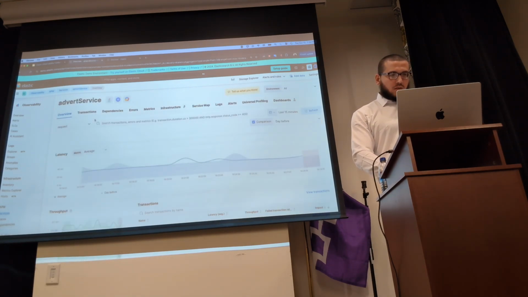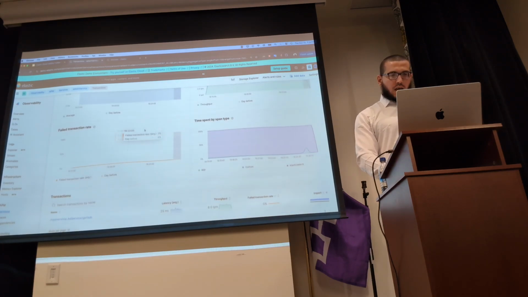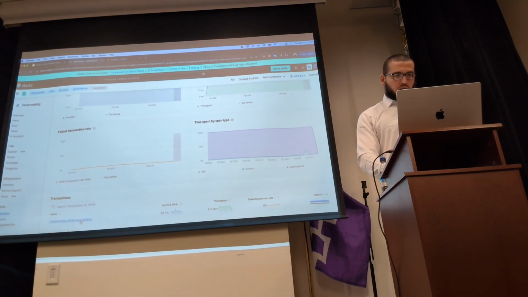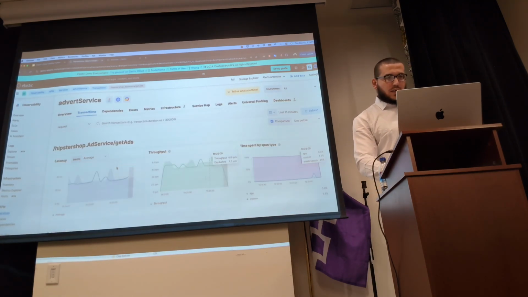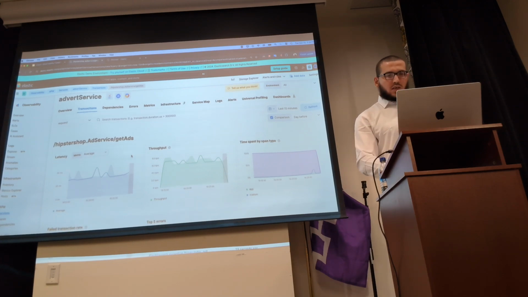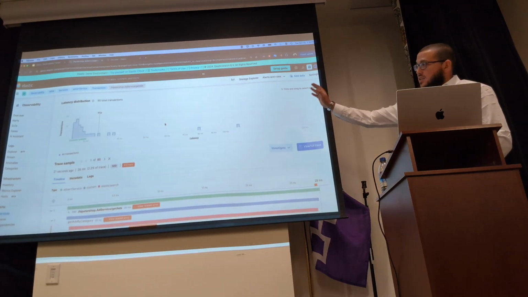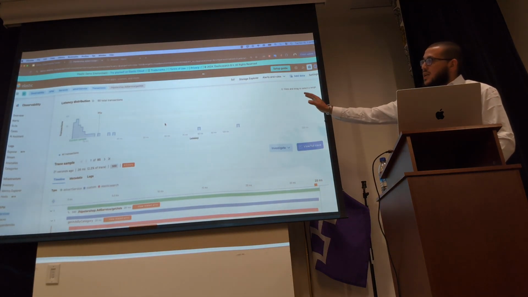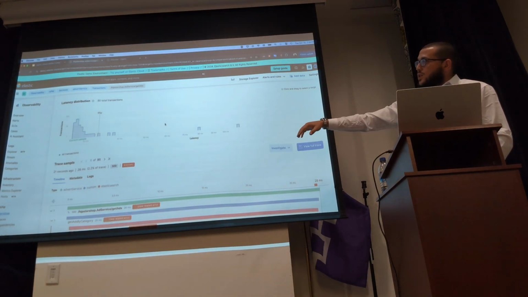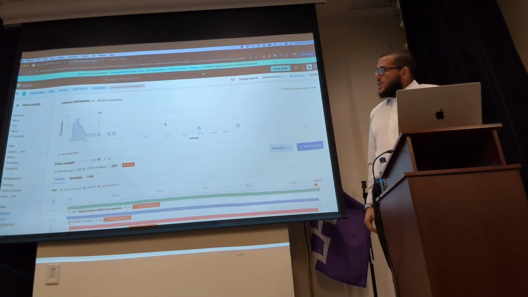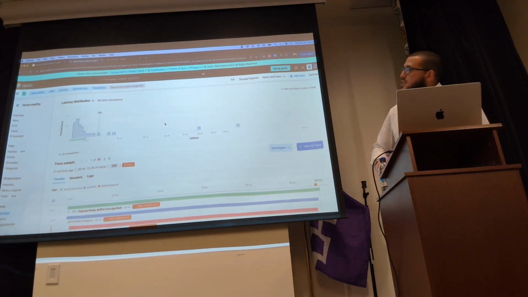So if I want to see, for example, the transactions, here I have the list of transactions. If I want to see more details about a specific transaction, you just click on it and it will redirect you. It's built in, you don't need to do anything. This dashboard is already there. You just install the APM agent and connect it with Kibana or with the APM server,